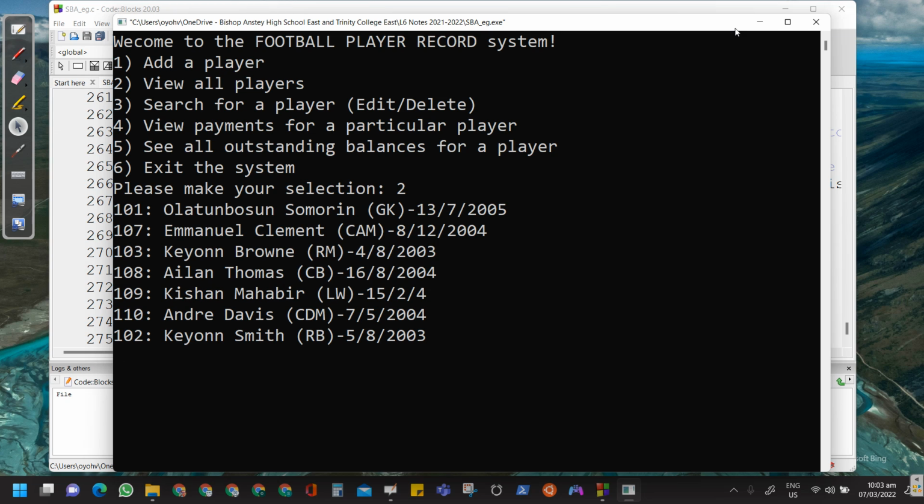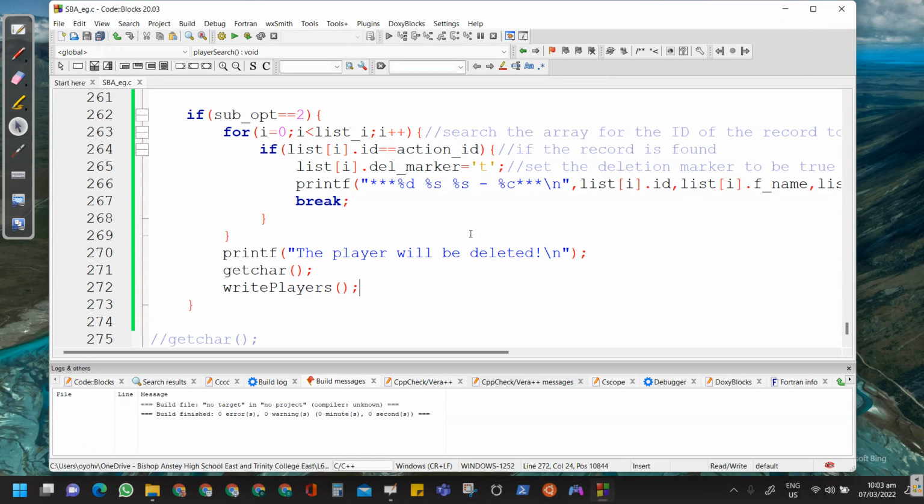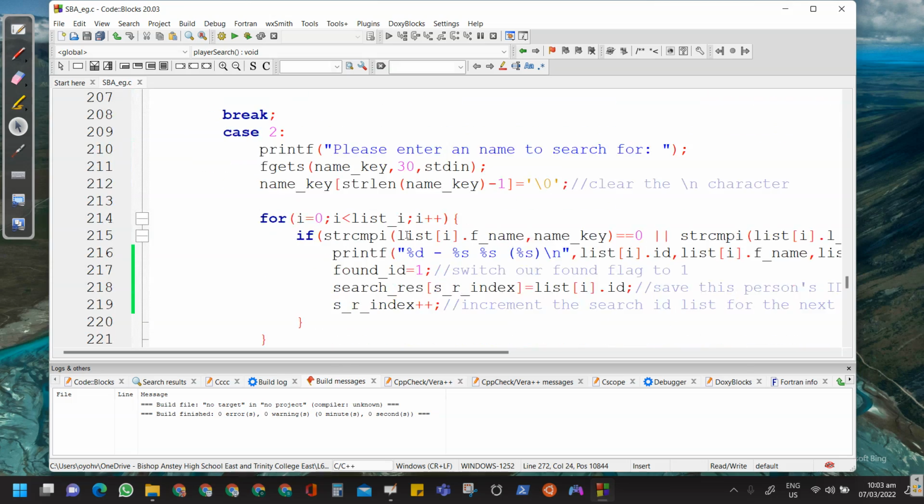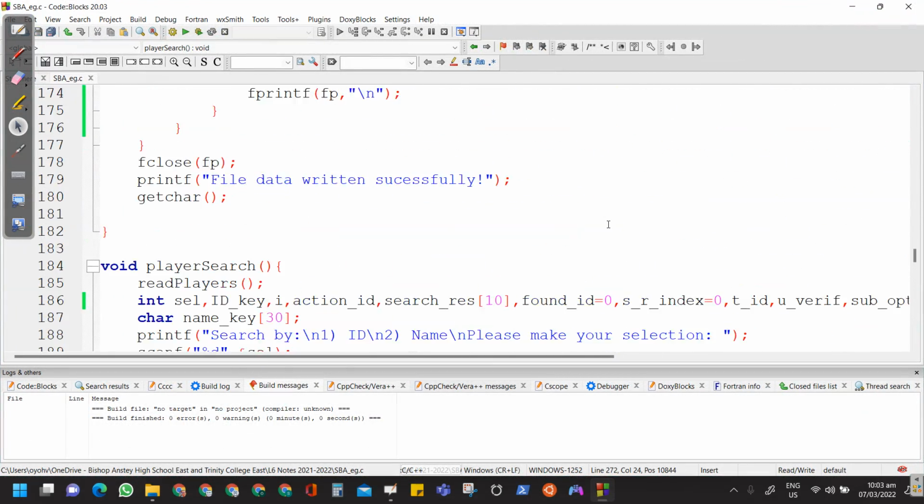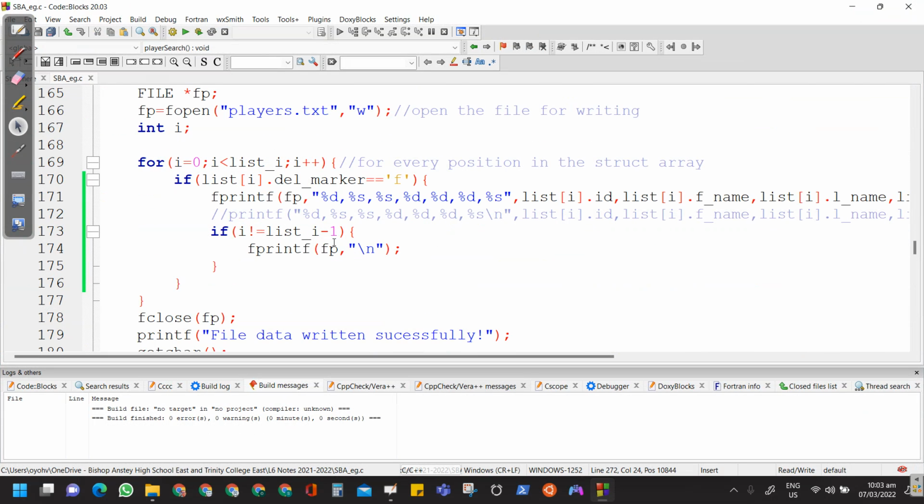It comes back to what we're saying. If you're deleting the person who is at the end, then when we're writing the second to last person, there should not be any \n. We already knew that we have a condition in the write file function. Where is the write file function? Write players function. To not write the \n or to write the \n. We say if it is the last person, don't write the \n. But now we could say or, right? We could put in another thing that says, or